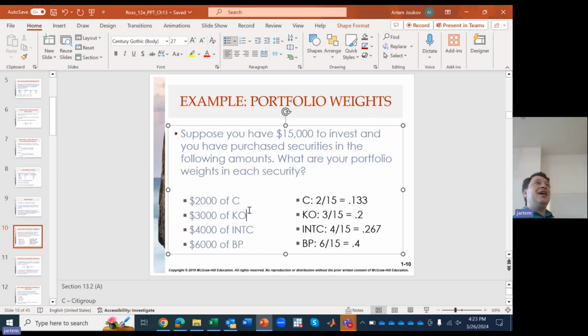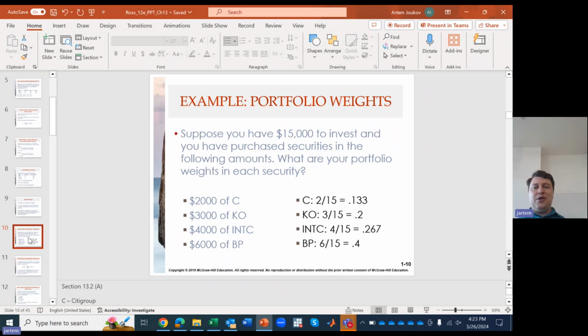So when you see a question on the test and it gives you almost all the portfolio weights except one, well, that's how you figure it out, right? So don't say, oh, Professor, you didn't give me all the portfolio weights. Well, you need almost all of them, but not all of them. You can infer the other one.